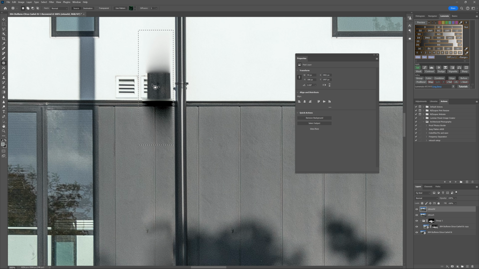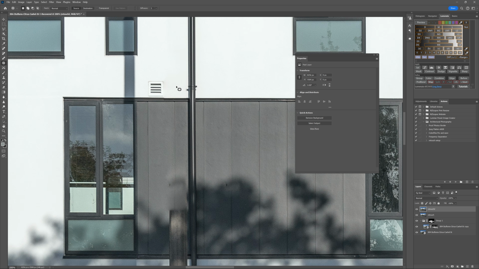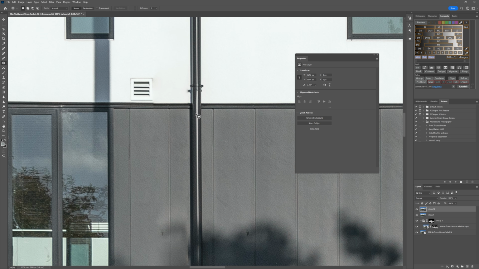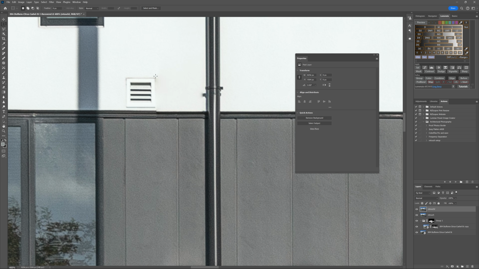Now we can come to the patch tool and slide over, hold the Shift key to constrain it, and that looks like that's going to borrow nicely from there. And now look at that repair we've done there. Much, much better. But we've lost one of these little vents, so the easiest way to deal with that is